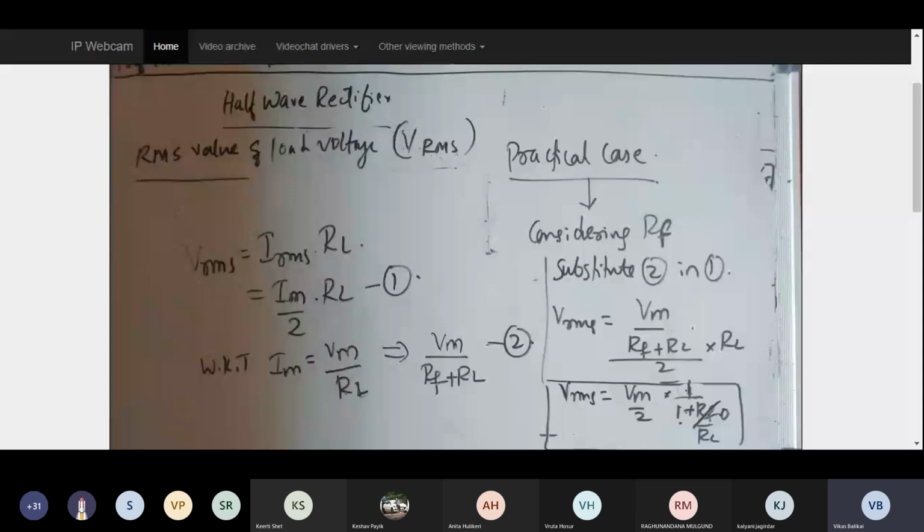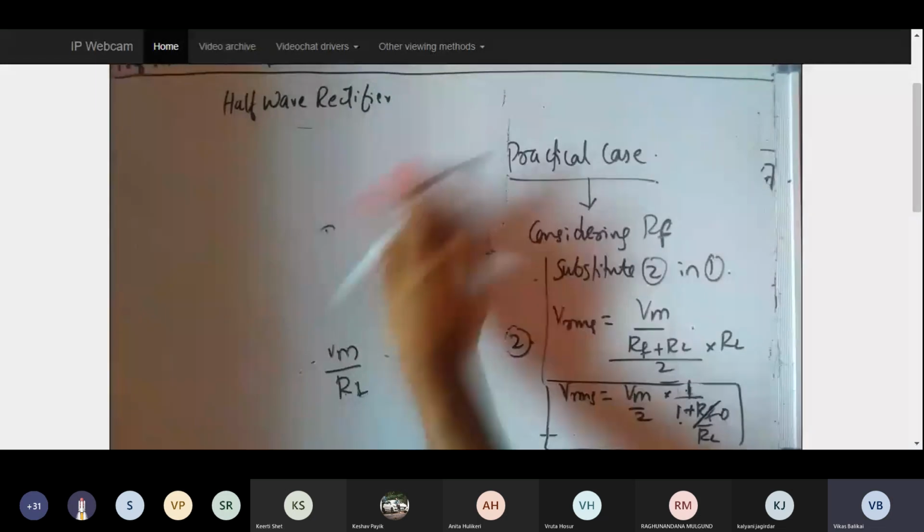So this is basically the derivation that I was supposed to explain with respect to IRMS. The reason for going very slow, especially with respect to these derivations, is to ensure that once we come to the full wave rectifier, we are not going to do this much explanation when we do the derivation. We'll just say these so and so things, and then we'll move on with the subsequent stages. So this is with respect to IRMS and VRMS. I hope these concepts are clear. Now let me go through 2 more derivations, or basically 3 more small derivations.